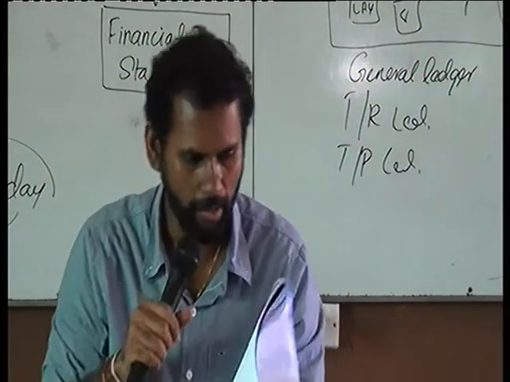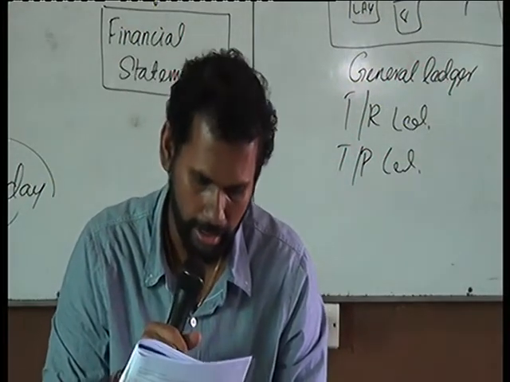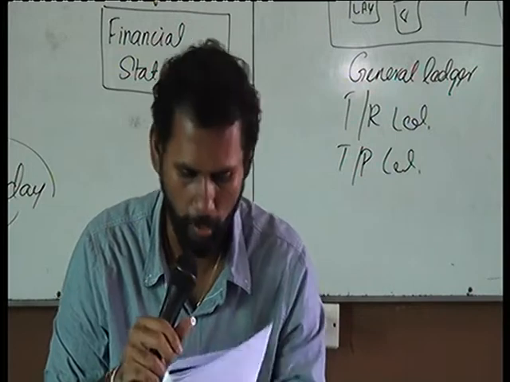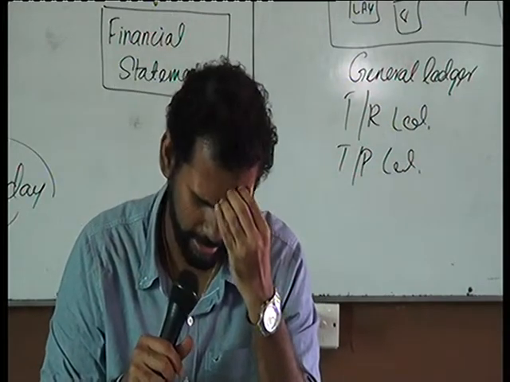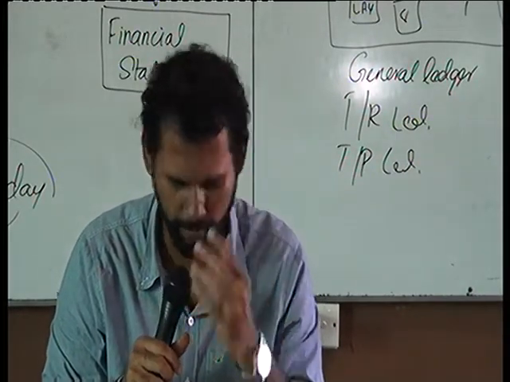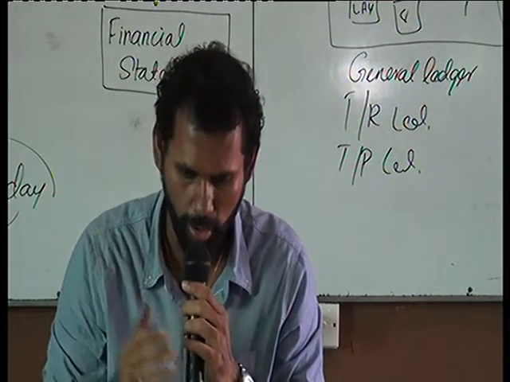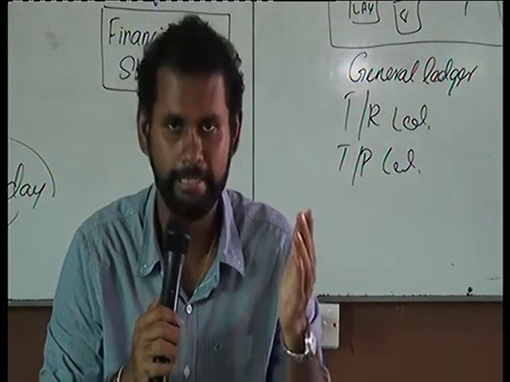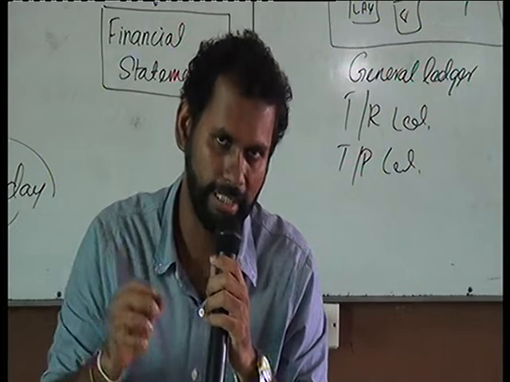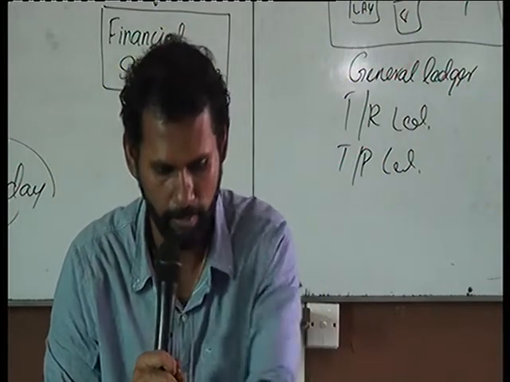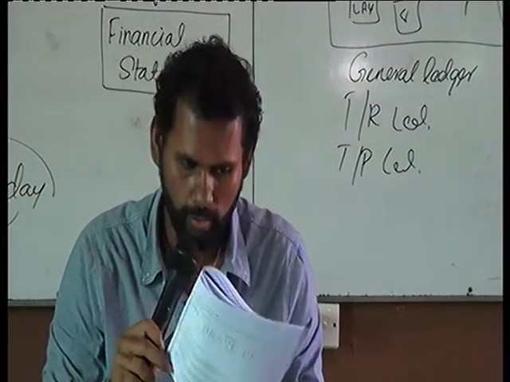So this is how we are recording the transactions in this cash book. So the cash book will have a dual role. One is it acts as the general ledger account, and the other one is it acts as the prime entry book. So now we'll look at question number 5.